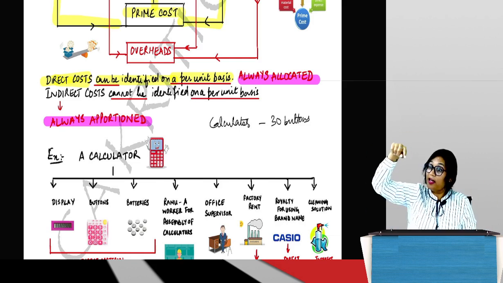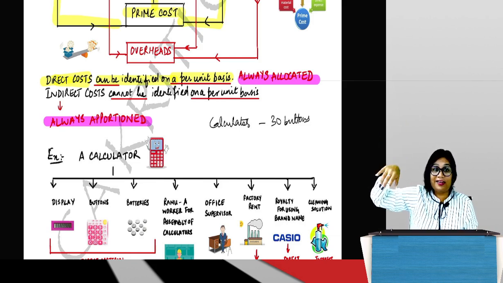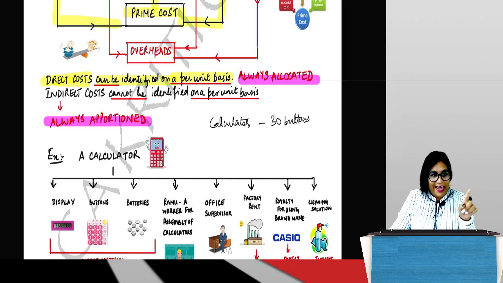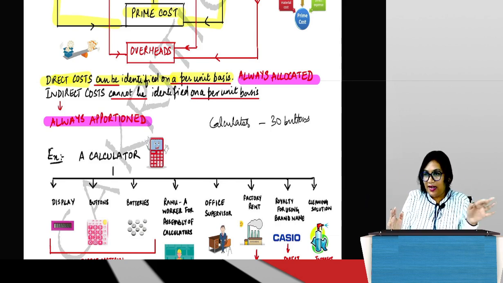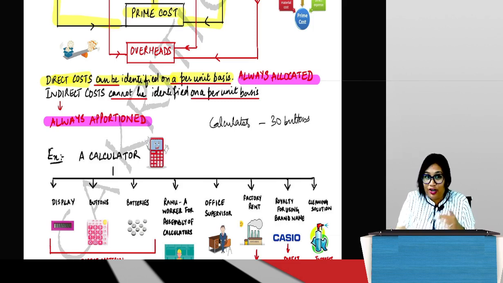Like if you remember that department yesterday, departments A, B and C were in 1 building, and the cost associated with the rent of the building was 10,000. So if I ask you what is the cost associated with department A, then what will you tell me? Ma'am, you have to give me some criteria. Total rent of the building is 10,000, but there are 3 departments, all 3 are going to be bearing the rent. So you have to calculate and tell me, right?